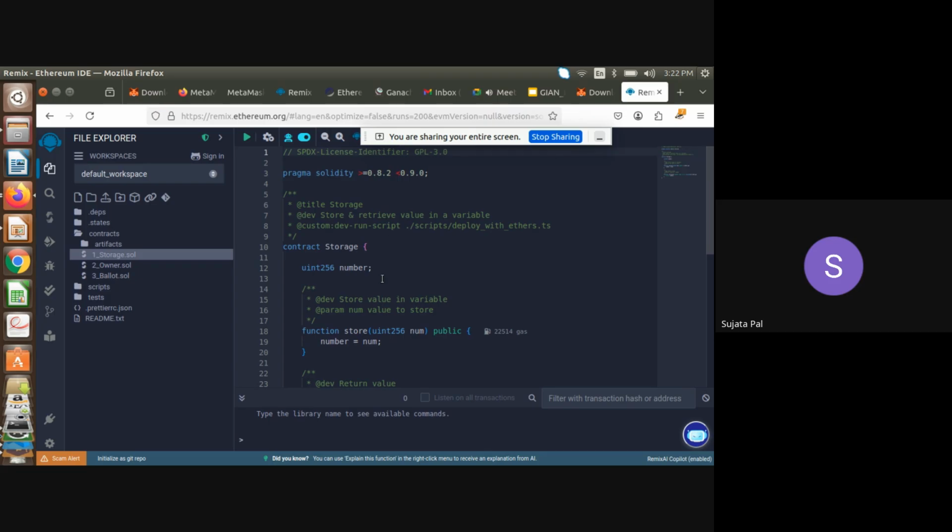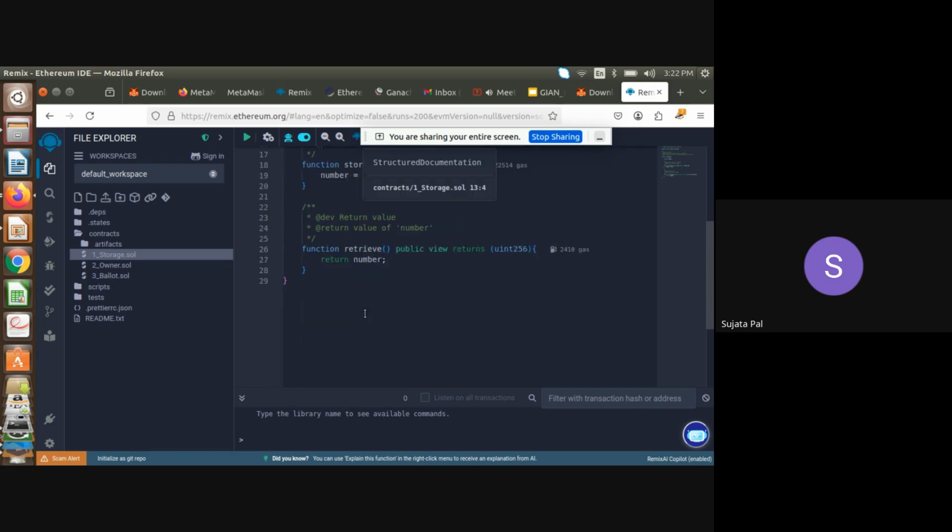And then you return the value. Like, you are storing and you are reading. From this retrieve function, we can retrieve the value we have stored. It is also public view; you can also make it private. It will return the same unsigned integer, and we can return the number. Now, this is the online IDE. We can deploy this contract and we will see how we are going to use it.